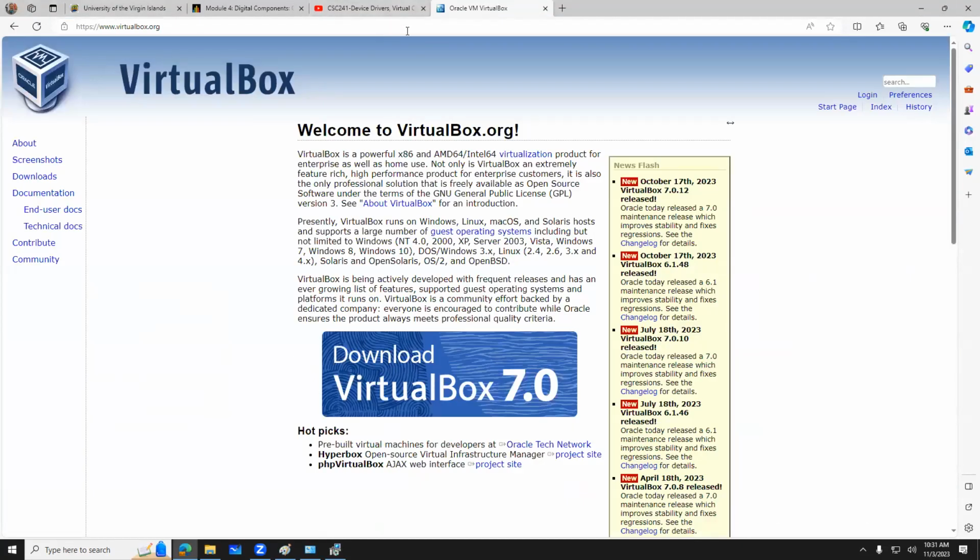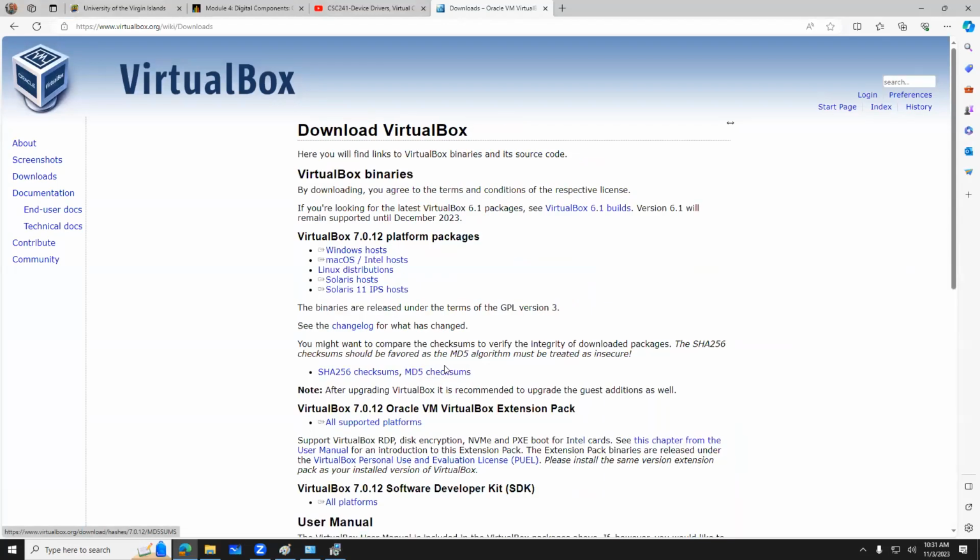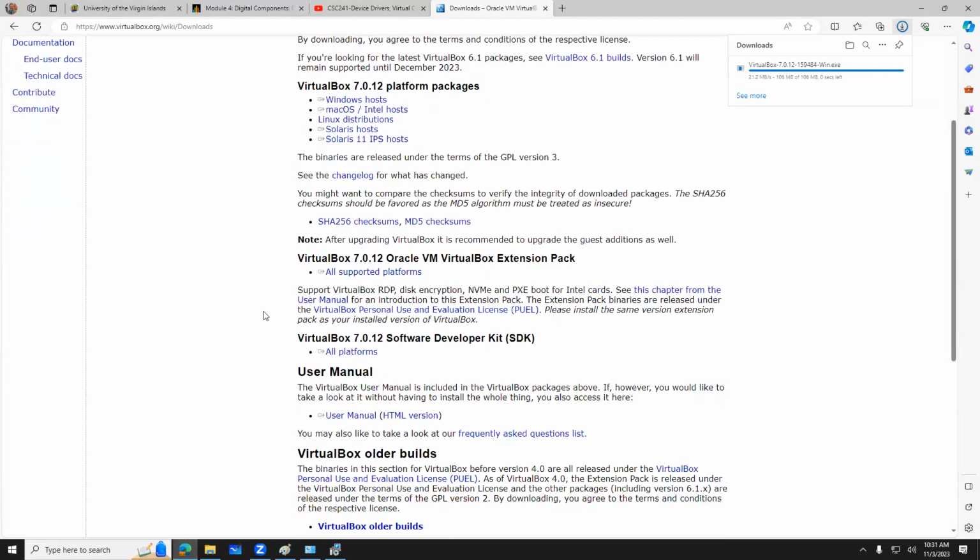And if you have a Mac with an Intel processor, you're going to do the same thing. You're going to click on Download 7.0 and you'll download the Windows host. Now, when you're downloading the Windows host, you also have to download something called the extension pack. And we just walked through